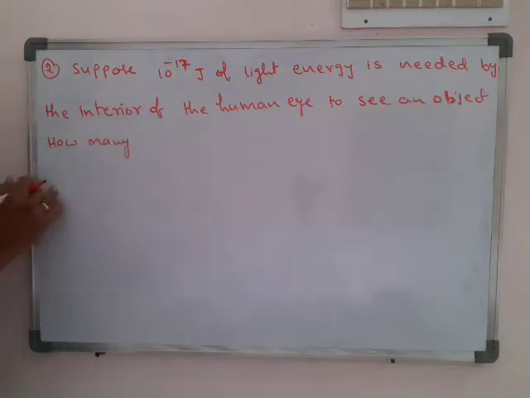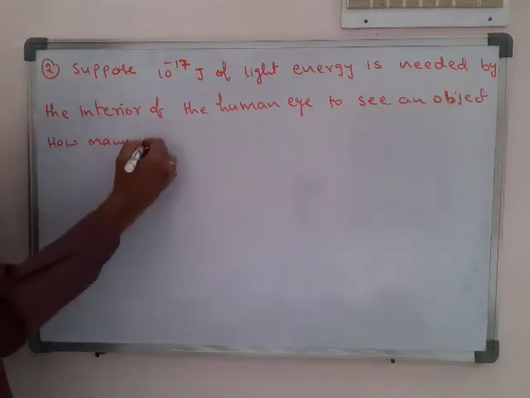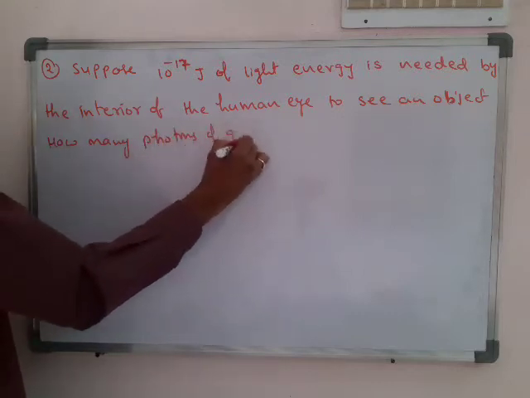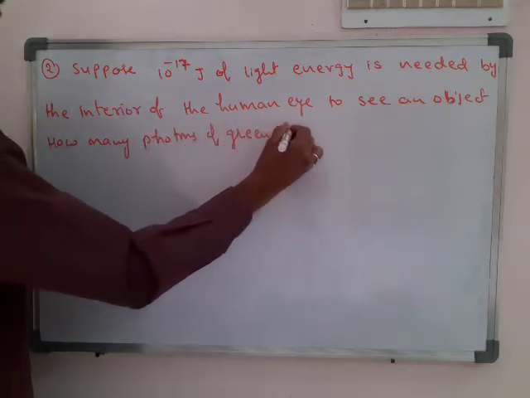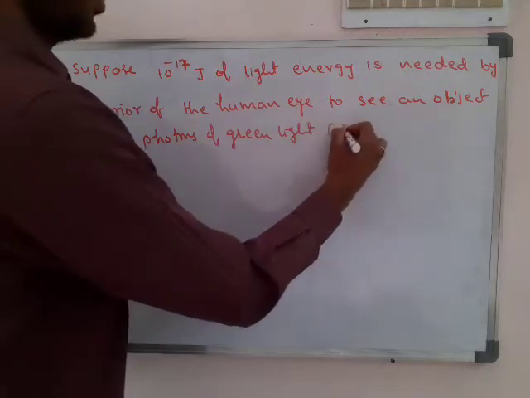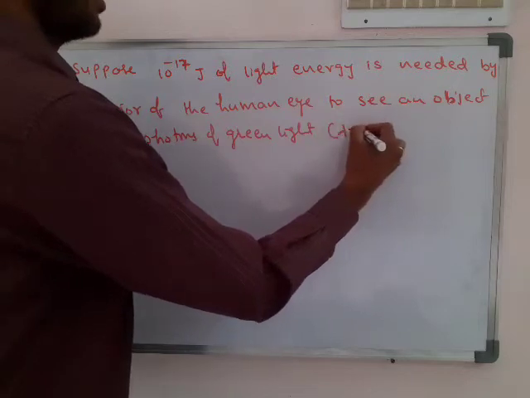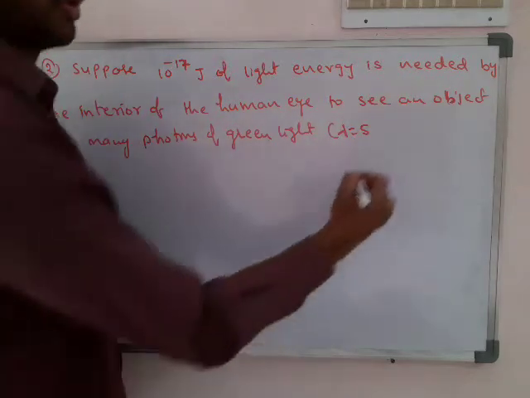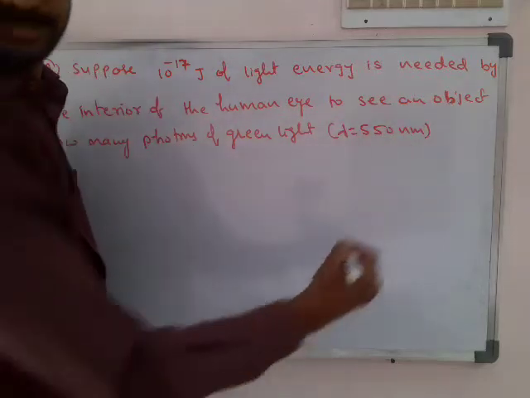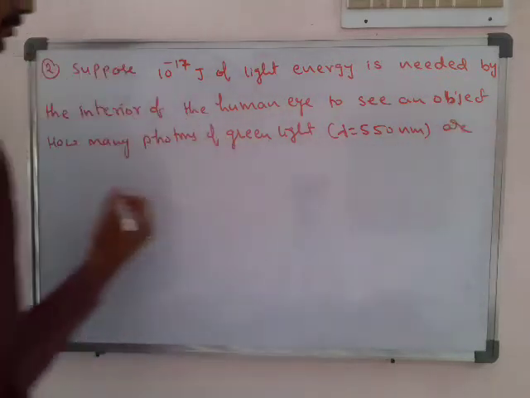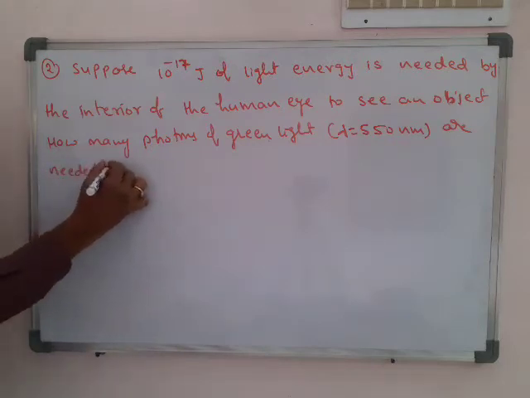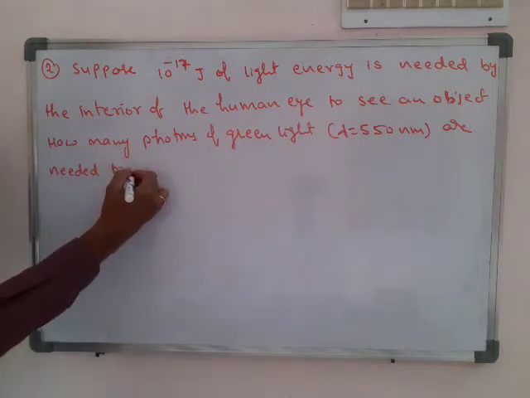So what we have to find is how many photons of green light, with green light wavelength given as 550 nanometers, are needed to generate the minimum amount of